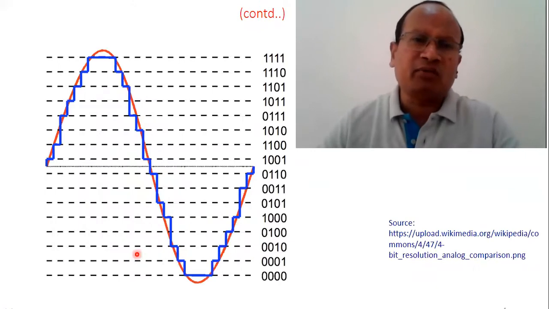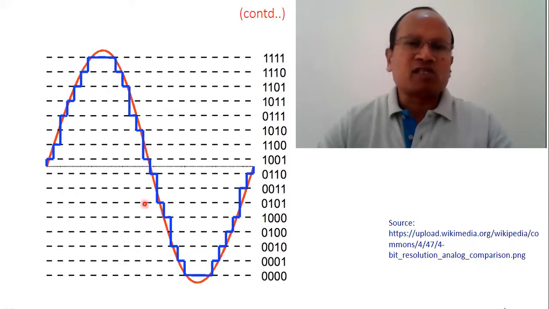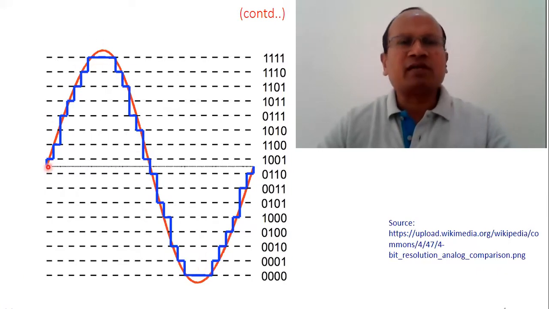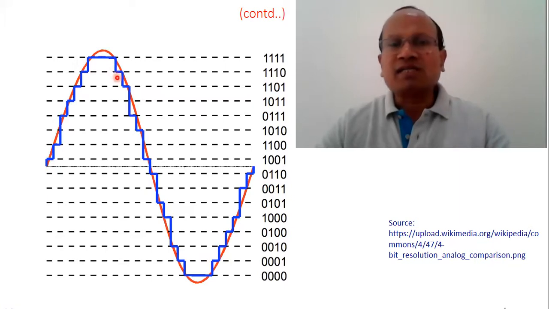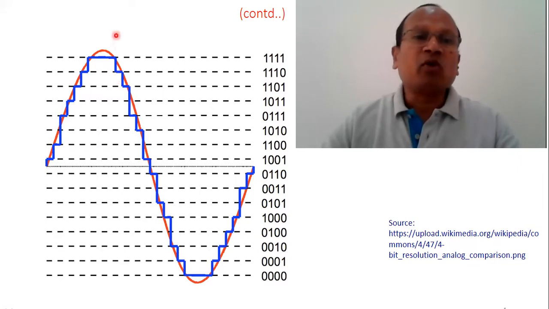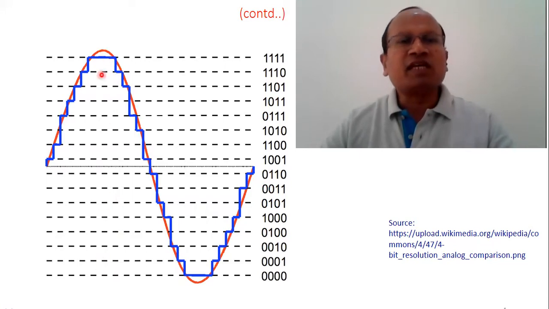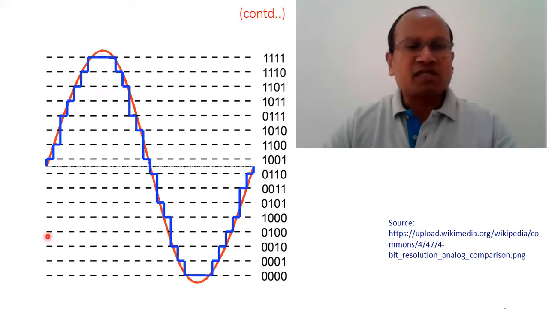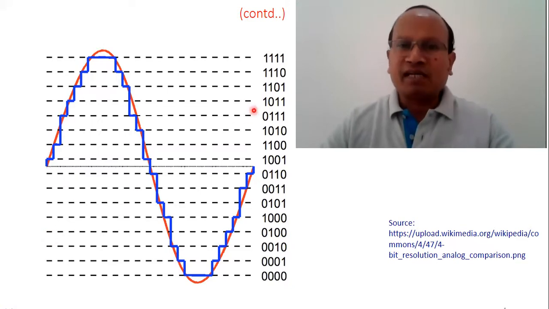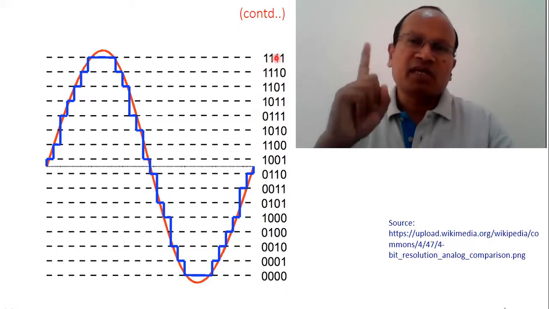This is one more example where we can see that the approximated signal looks much better, much nearer to the exact signal. So the quantization error, the difference between the approximated and the actual signal, is very small, but at the expense of more steps. So it's not easy to keep increasing the number of steps. When we increase the number of steps, of course the step size becomes smaller, but for that, you have to increase the number of bits required to encode each particular sample.